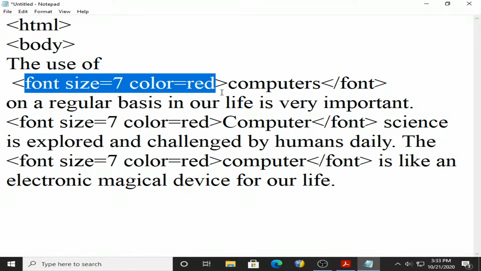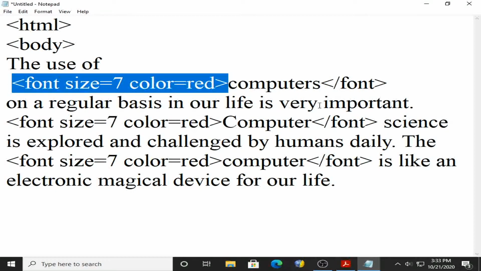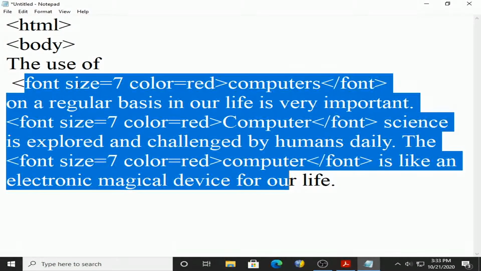That is known as presentation, the effect of size 7 and color red applied on the word computers. So presentation and content both coexist, and that is the limitation of HTML, which increases the length of the paragraph. You see the length of the paragraph.